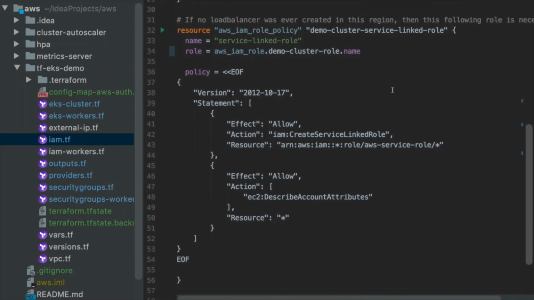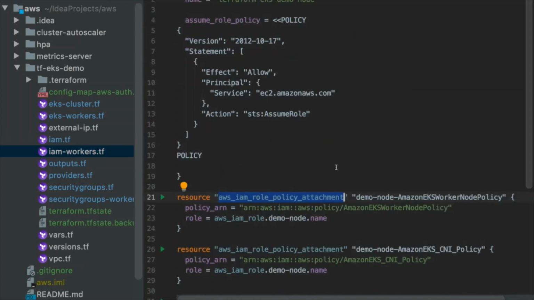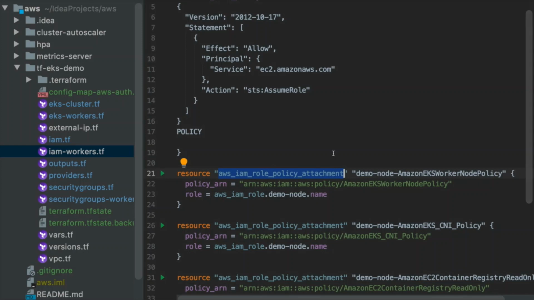IAM role policy, create service-linked role, and also worker nodes. If you have worker nodes on the EKS cluster, how do the worker nodes get access to the AWS API? Because the AWS API contains the control plane, which is actually the master node for our EKS cluster. And